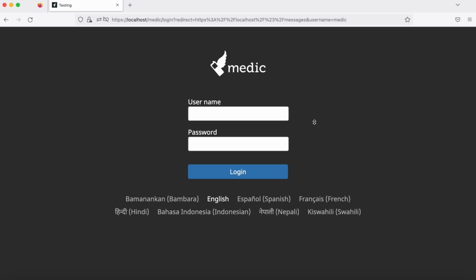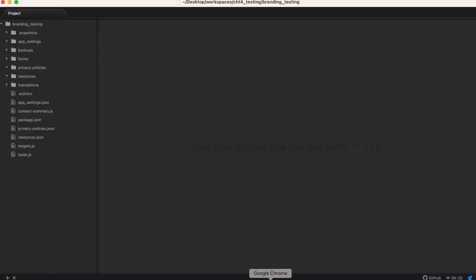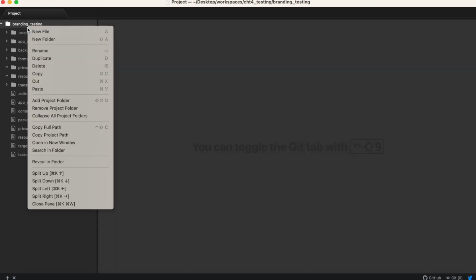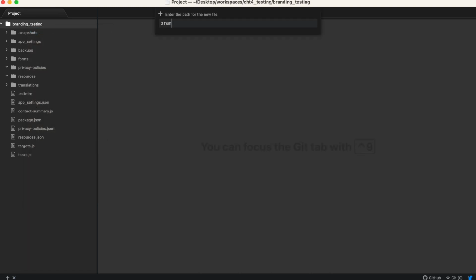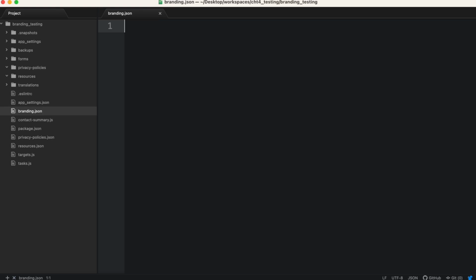The first step is to create a branding.json file in your project folder if you don't have one already existing. So here I have this project named branding_testing. So first of all, I will just create a new file, branding.json here. Now in this JSON file, I can have title for my project, and I will use my app name,